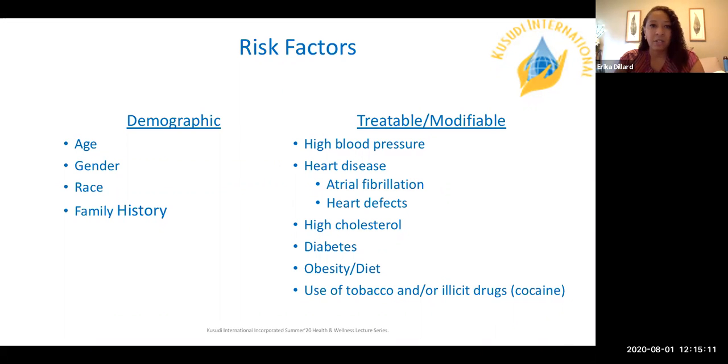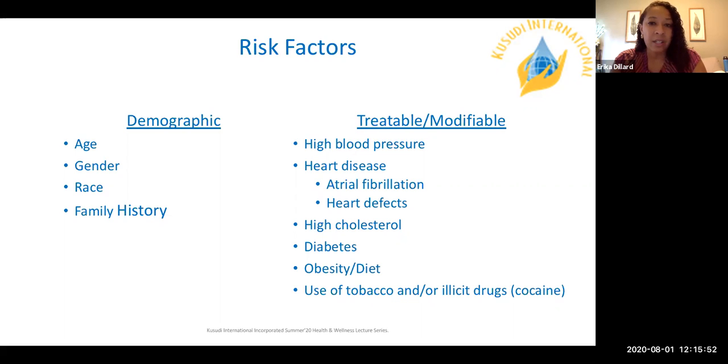There are a lot of risk factors out there for stroke, but I want to break them up into two groups. One based off of just general demographics of the population, so age, gender, and race. In terms of age, there are populations in the younger population that are at risk for stroke, but more times than not, it's the older populations that are at higher risk. And in fact, between the ages of 55 and 85, every 10 years, you double your risk for stroke just based off of age.